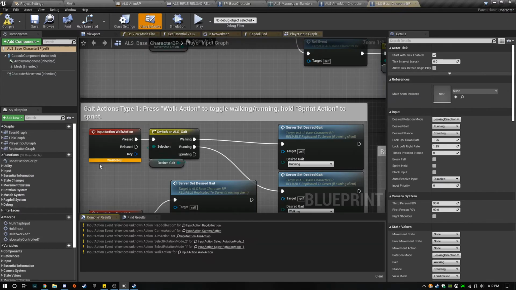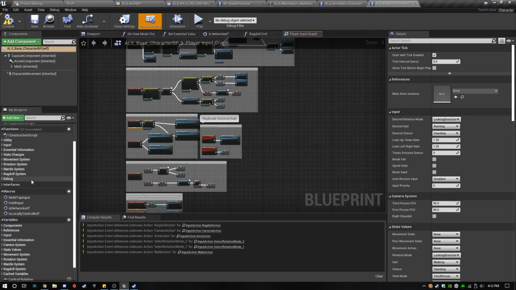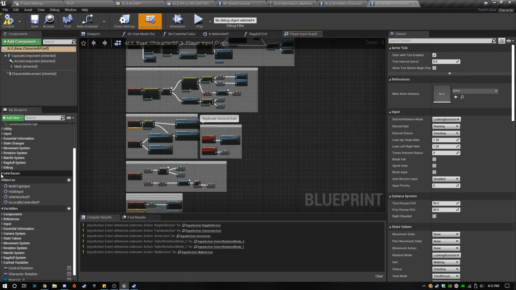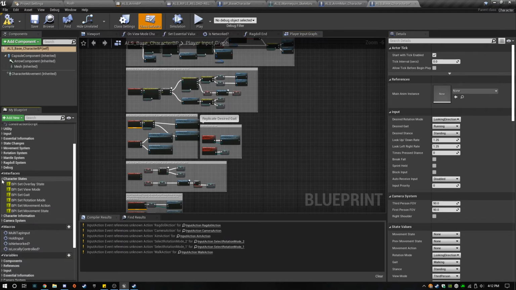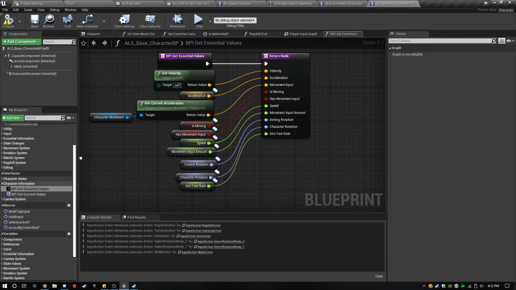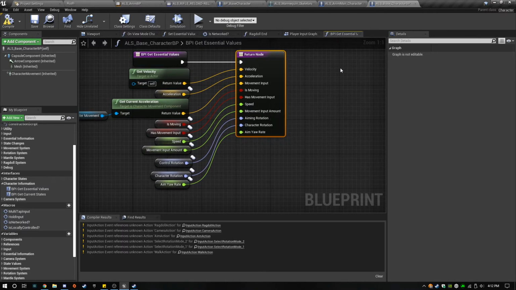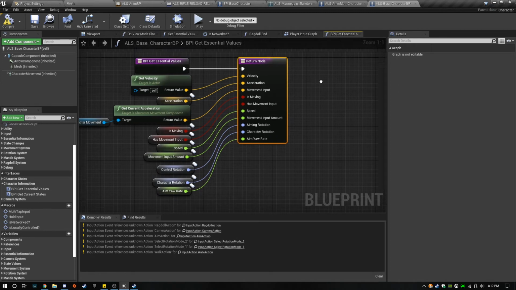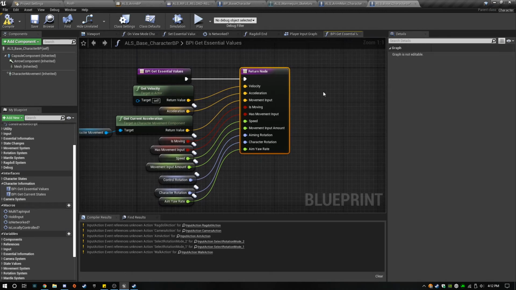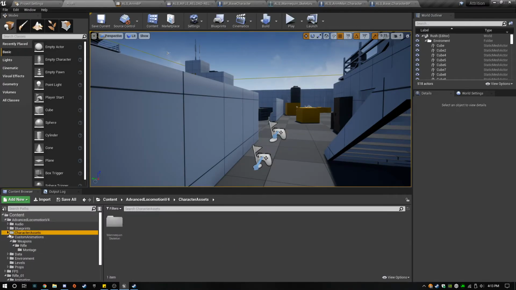I think it's actually going to be all the way up in base here. Under interfaces, character information, BPI, get essential values. Here we go. You can't edit here, can you? Let's see.